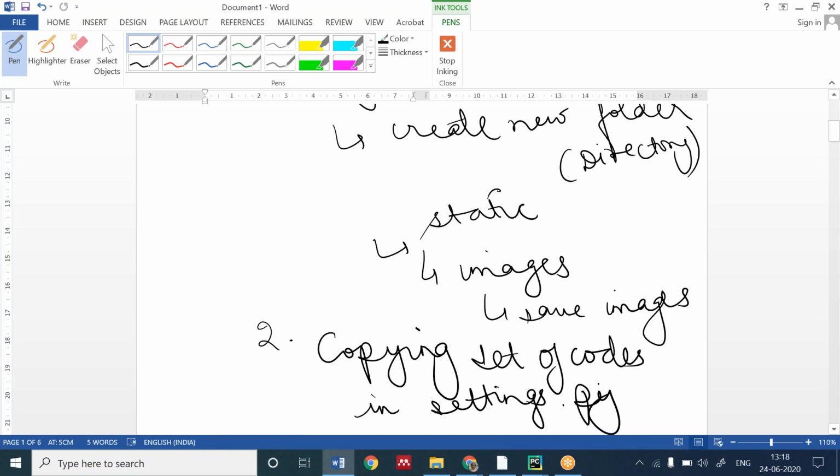If your code runs properly without these hurdles, then there is no need to copy into settings.py. If it does not run, then there is a need for the set of code which I will be providing. It depends on whether it's running or not. Okay, second step you have written. Now the third step.